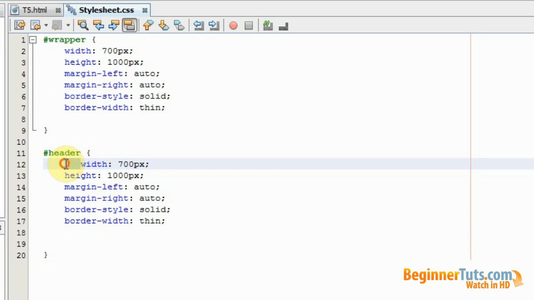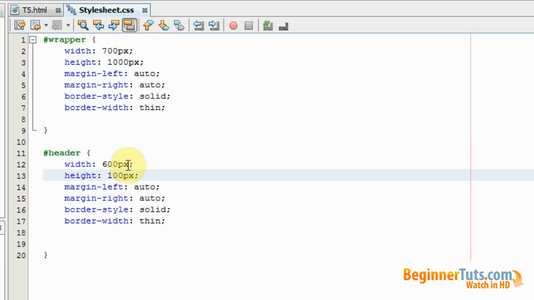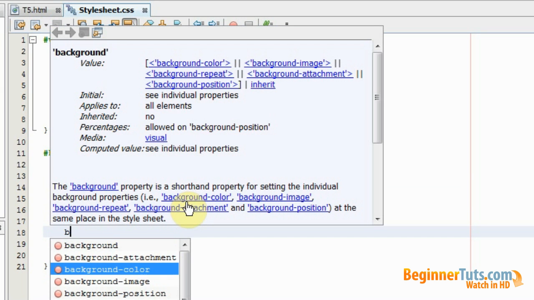The width shouldn't be 700. This time it's gonna be 600. The height should only be 100 pixel. We would also like it to be placed in the middle of the wrapper div, so I'm just gonna leave the margin left, margin right to auto, and the border style is solid, border width thin, fine, and we'll also like to add a background color, and that should be gray,